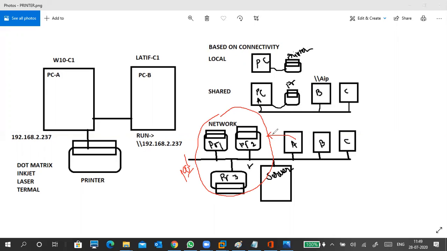So they will forward their print jobs to the printer pool only. In the printer pool, it will decide which of these printers is available, and that one will take the print. For example, printer one and printer two are busy, so printer three is free. Then printer three will take the print job, and if someone gives another print job to the pool, it will verify again who is the next available printer.